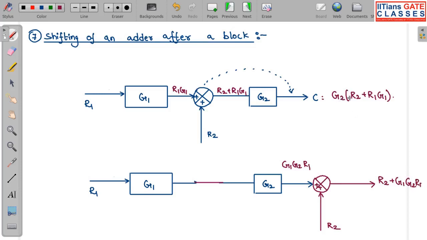Here you can see there is a G2 along with R2 also, but there is nothing over here. So we simply multiply or add a block in this path which has gain G2, and this is R2. Now it will be G2 R2. So we are getting the same thing we got before. These are all your simple block reduction techniques. With the help of these techniques, usually we simplify a structure to get the transfer function.